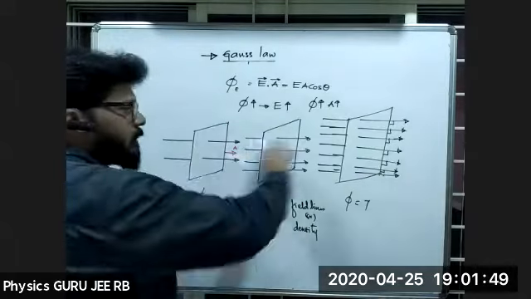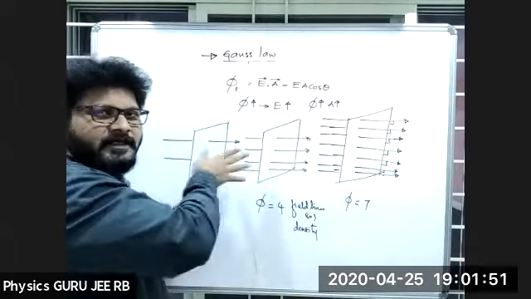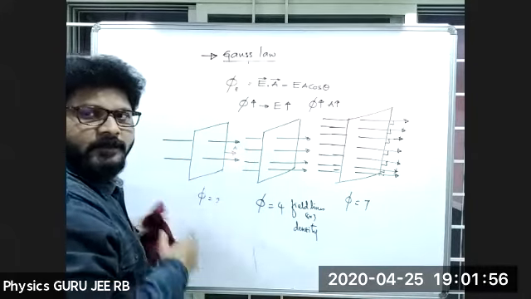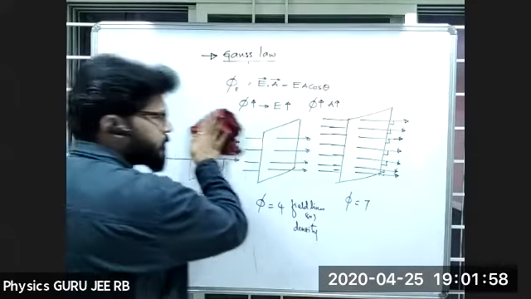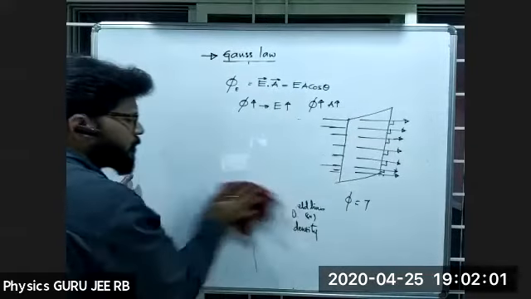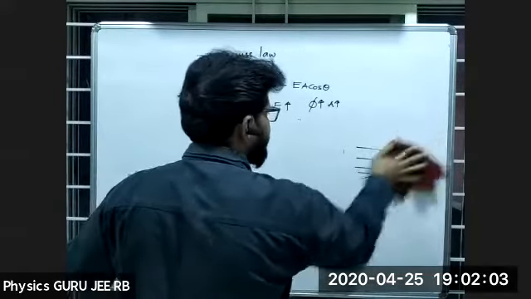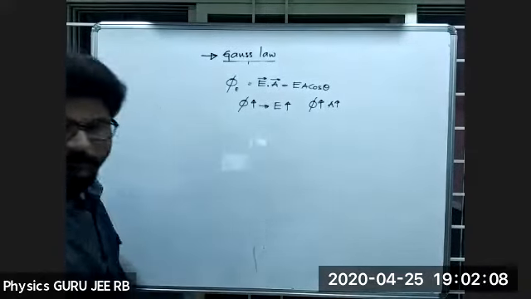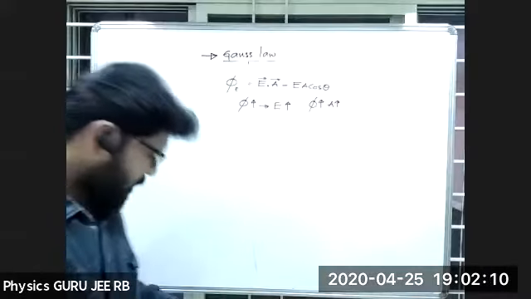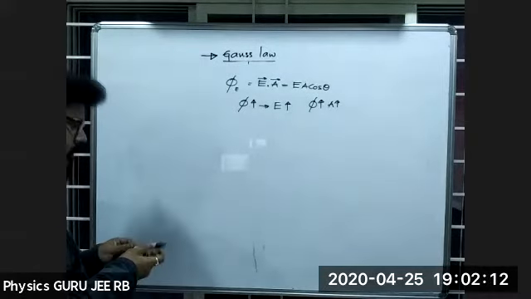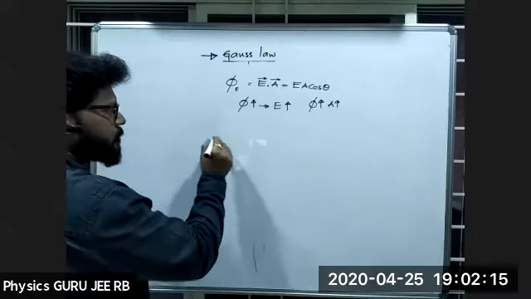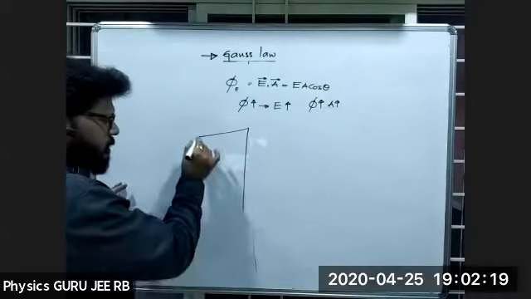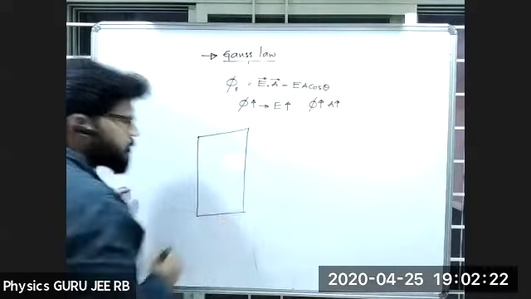See here, in all these cases the electric lines are straight and normal to this surface. So there is no problem in that one. Now I'll change the areas and how I can write. Let me see. Take now, here let me take one surface. This is the surface. Just one surface like this, right? This is a surface, right?